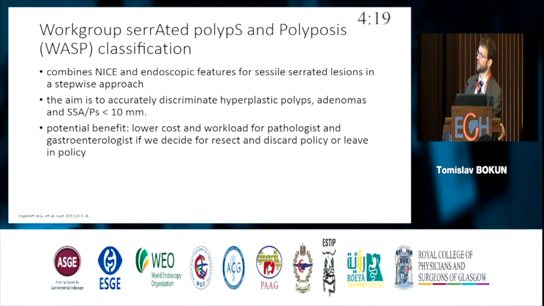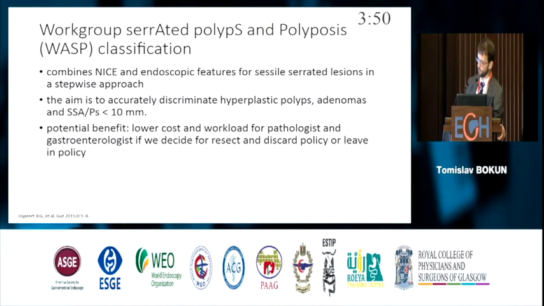The aim of this classification is to accurately discriminate between hyperplastic polyps, adenomas, and sessile serrated adenomas or polyps that are smaller than 10 millimeters. The potential benefit, if you can do it accurately, is that you can lower the cost and workload for pathologists and also for gastroenterologists, if you decide to resect and discard on one hand, or